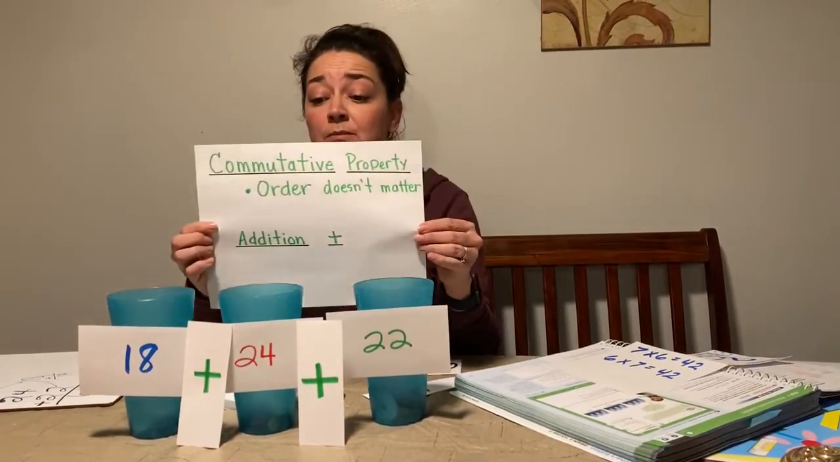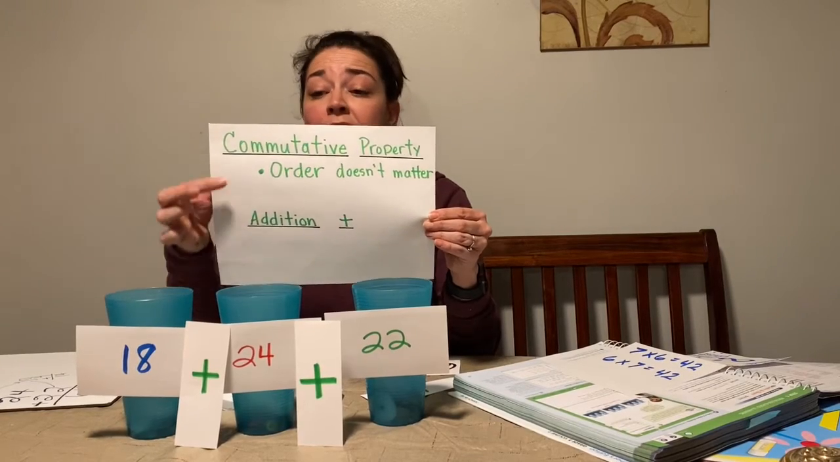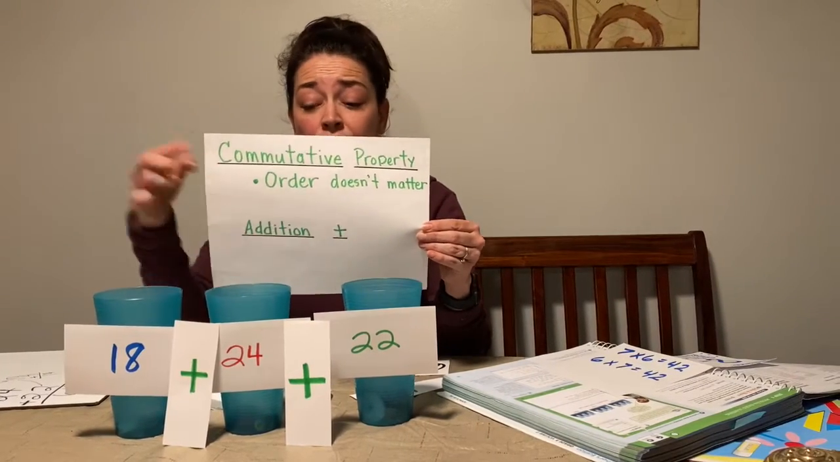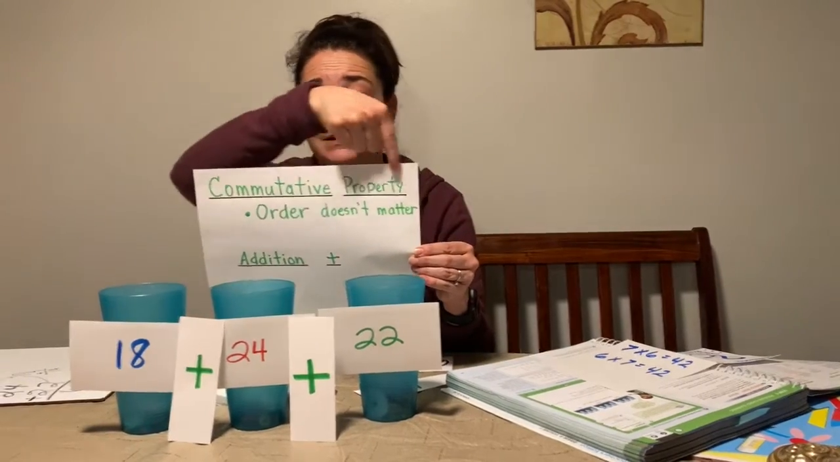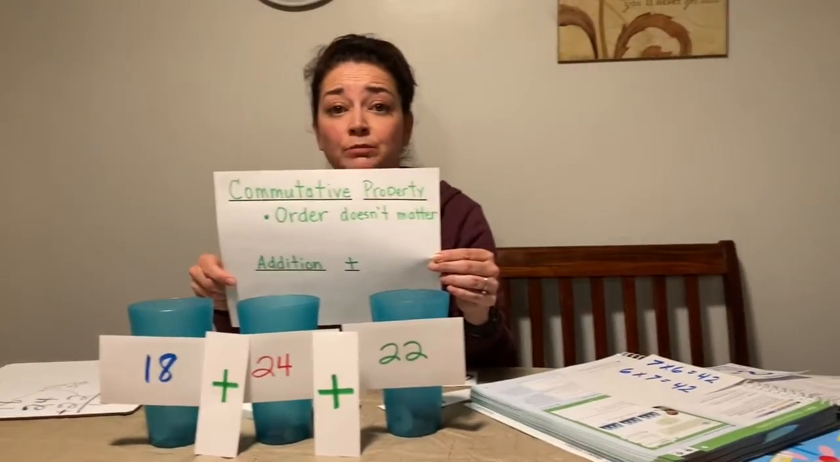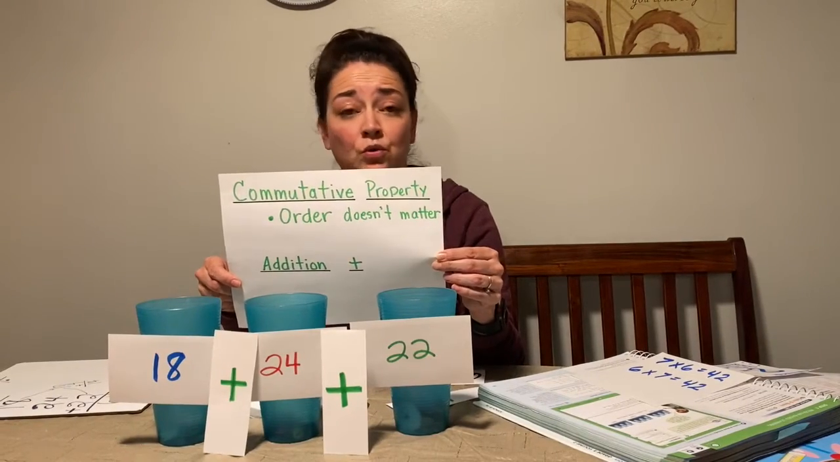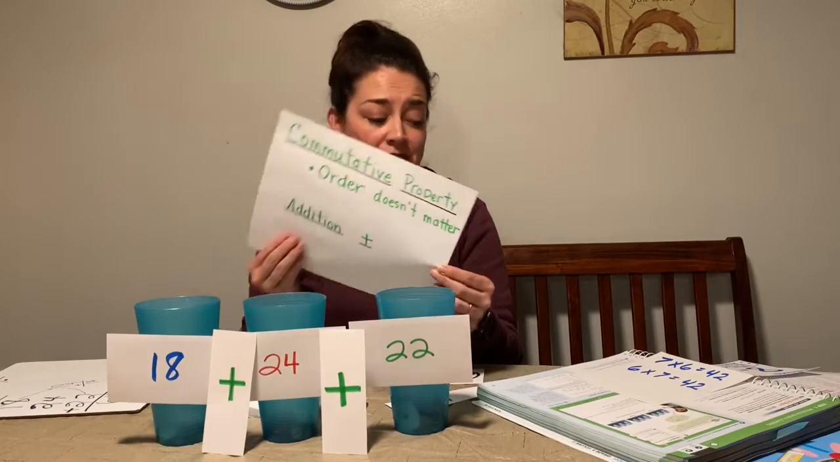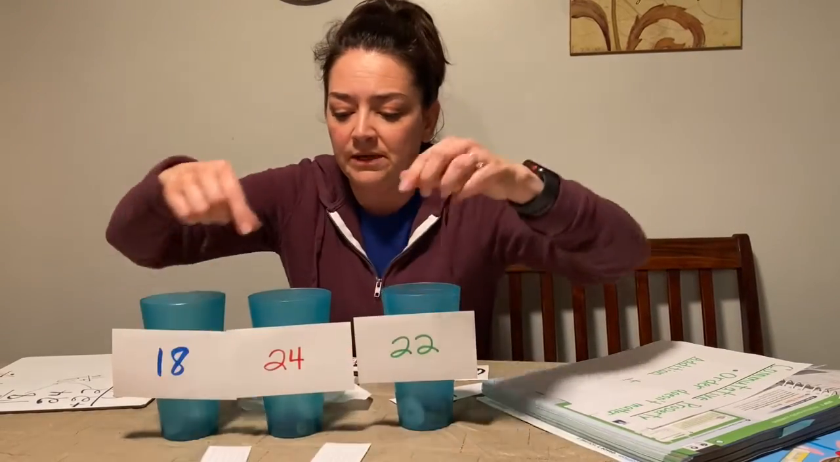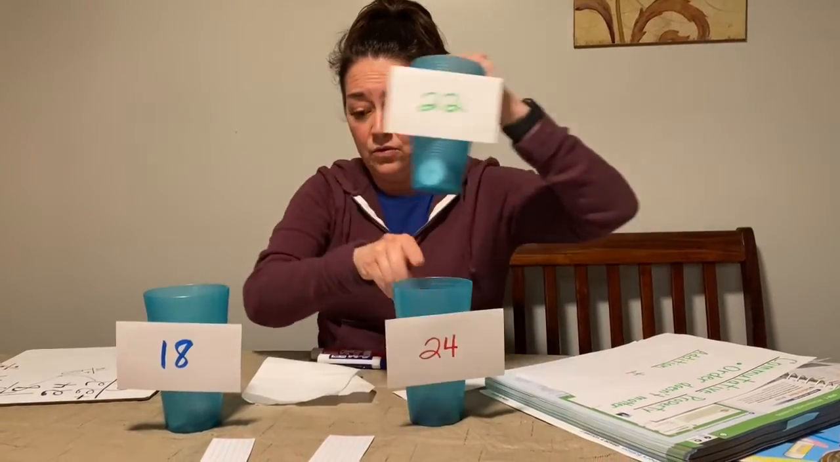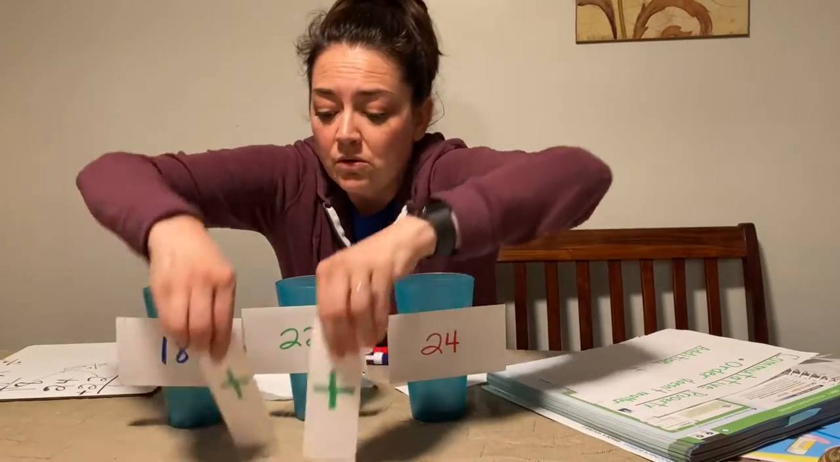We dealt with commutative property before. Now we're going to talk about it with addition. And it has to do with the order of the numbers. Commutative property says it doesn't matter. Commutative property, it doesn't matter what the order of the add-ins are for addition. So if I were to do something like this,